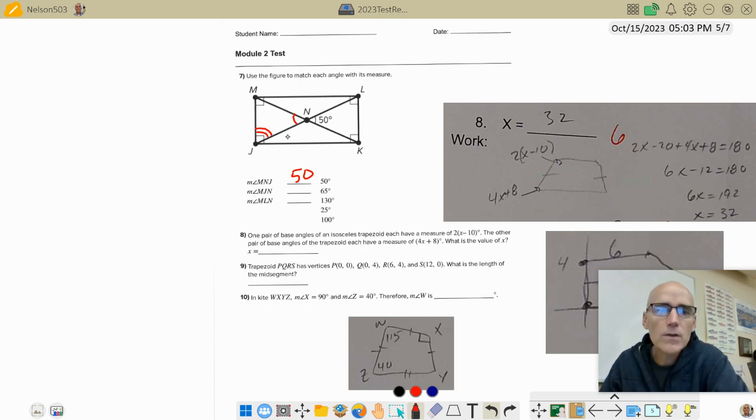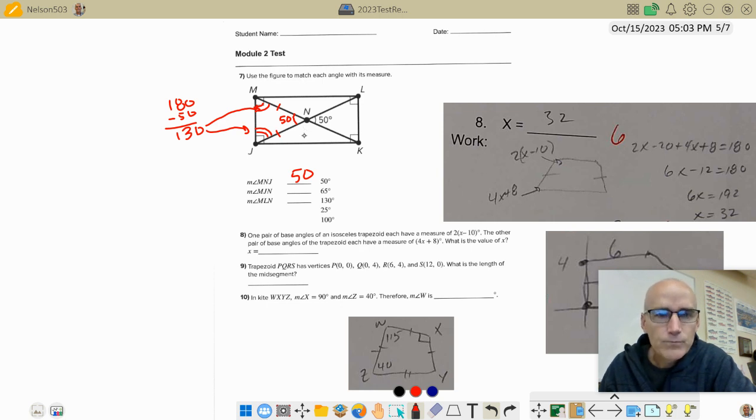And I think there's a couple ways that we could do this. One way is we know this is 50, right? And the sum of the interior angles is 180. So if I've got 180 to use up and I've used up 50 already, I'm down to 130, and I've got to split that 130 between these two angles, because this angle right up here is the same as this one down here because the diagonals bisect each other in a rectangle, and they're also congruent to each other. The rectangle's diagonals are equal to each other. So then I know that this is each 65. So MJN is 65. And then MLN